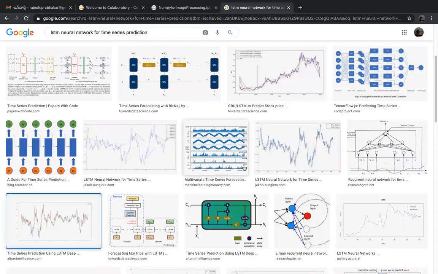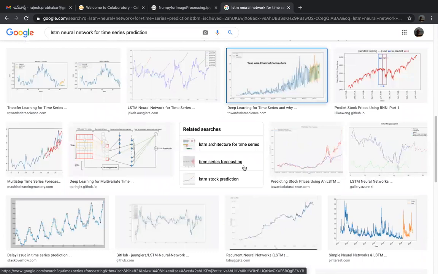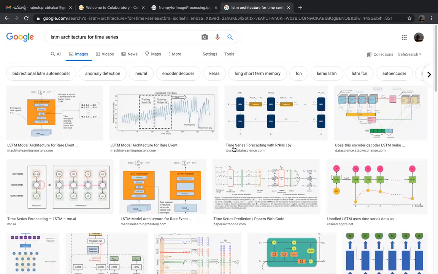When I say time series prediction, it can be stock market, or sales data, or weather data, it can be anything. So we are using LSTM neural networks in predicting stock prices.